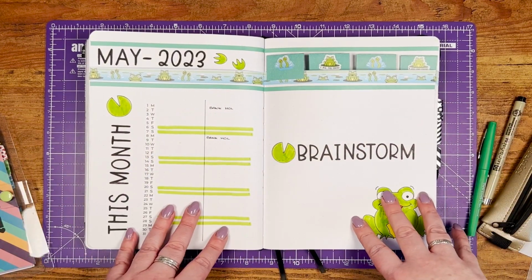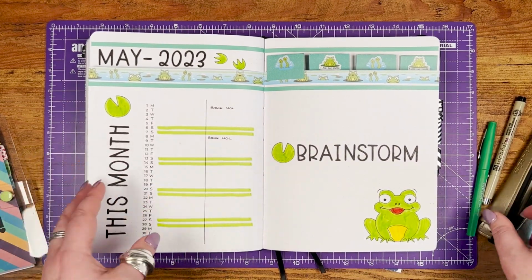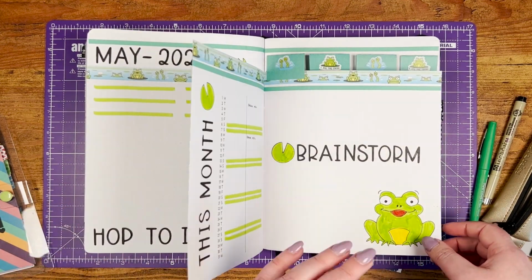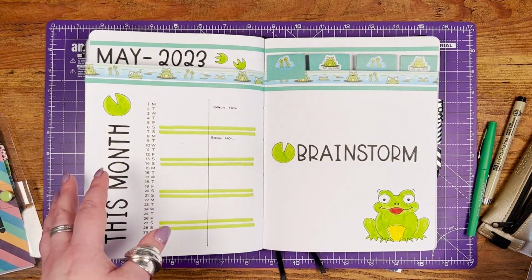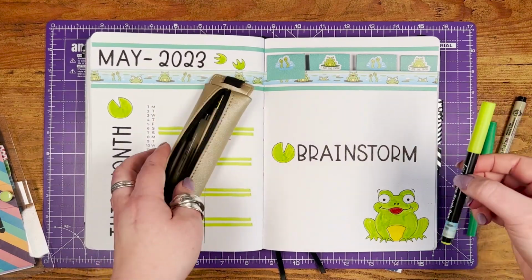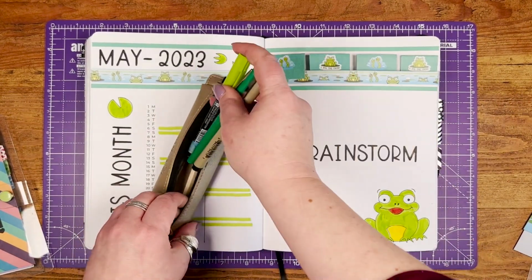I hope you've enjoyed this week's spread, this month's spread, even if it was a bit hectic. Hopefully it demonstrates what to do if you royally fudge your spread, how to tweak it and get it so that it's functional again. What I tend to do after I set out my month is I include my highlighter, a highlight colour, and my pen, and pop them all in my